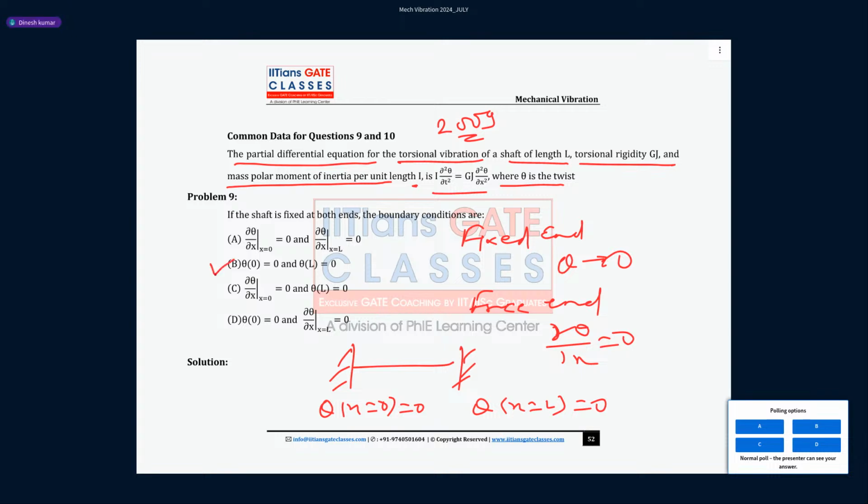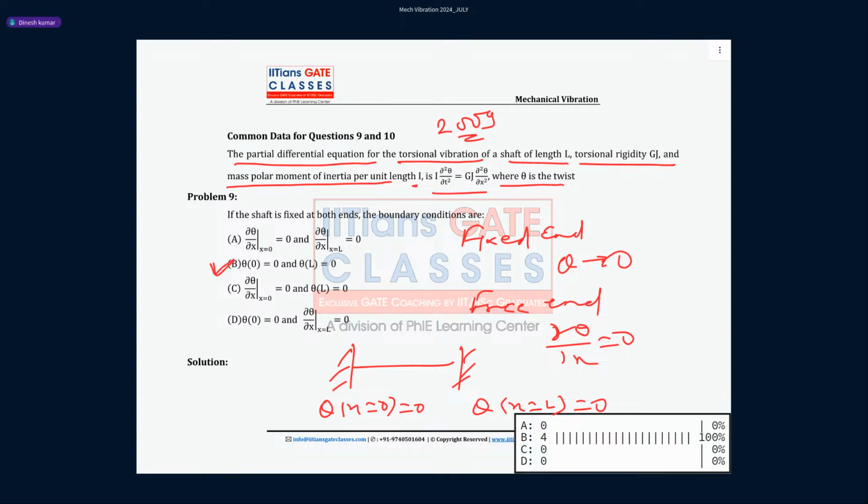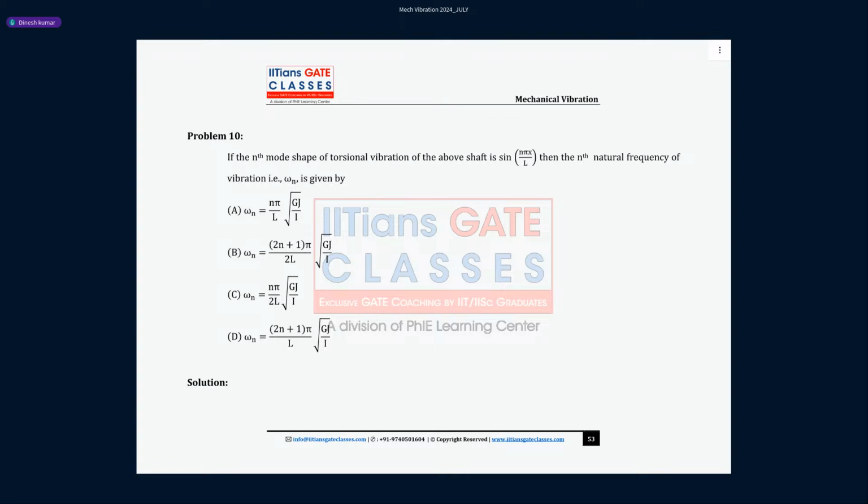So B is the correct answer for this. Let's see the next question. Question number 10. So we know for the fixed case, the nth mode is given by sine n pi x by L, then the nth natural frequency. So this sine n pi x by L is nothing but, guys, equal to what? Sine